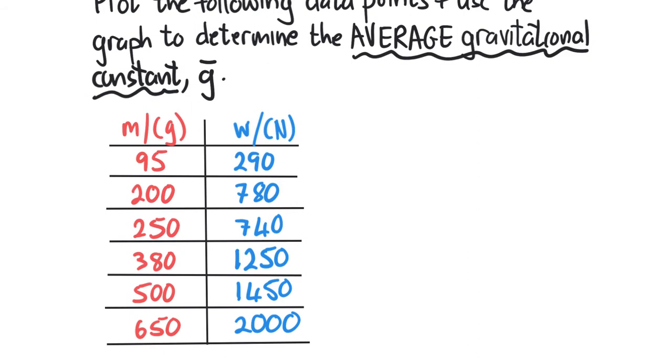Now the values that we have here are recorded from a hypothetical experiment that was done. In the left-hand column, we have the mass values, and the symbol M represents the quantity of mass. There's a division line, and then in brackets, is G. Now don't confuse this G with that G. This G is in the context of a unit, so that's grams. And these values, 95, 200, 250, etc.,